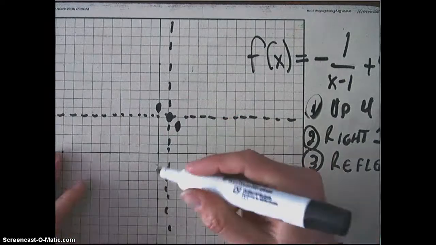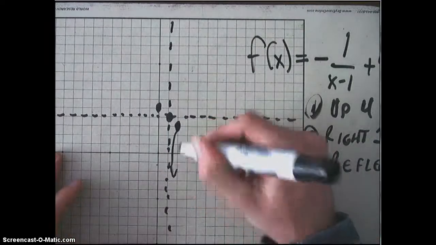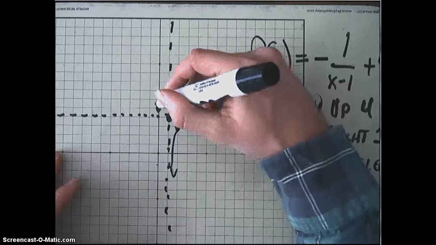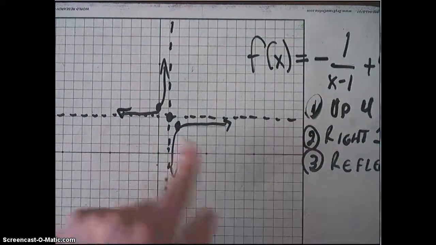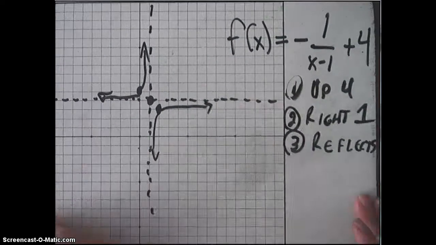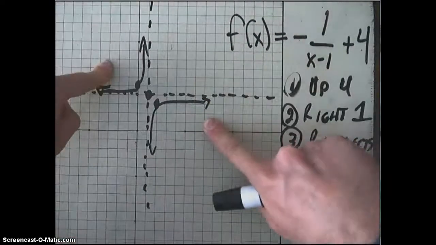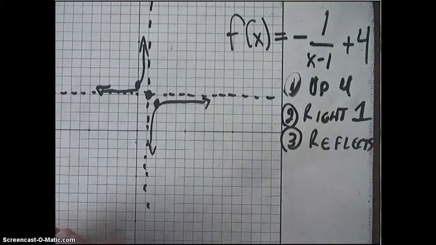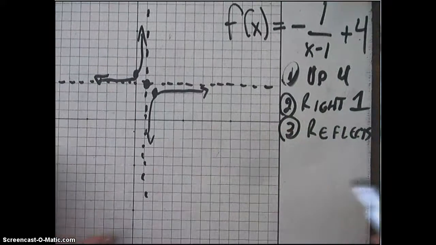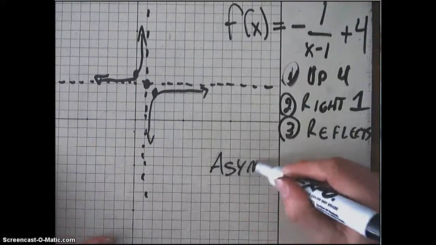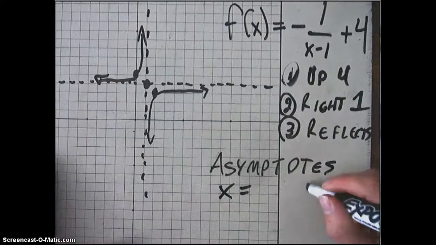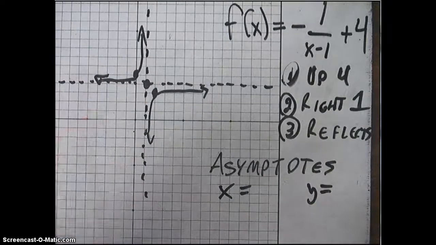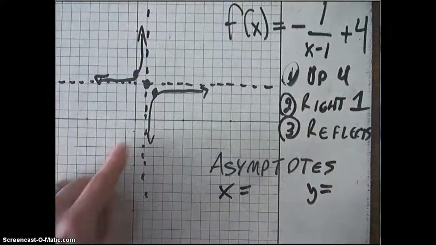And I'm going to draw my lines from there. So this one goes that way forever, and that way forever, and this one goes this way forever, and this way forever. And they never intersect the asymptotes. So that's what the reflection does. It takes it from these two, switches them over to these two. So let's identify what those asymptotes are this time. Remember, there's always two. X equals for the vertical one, and then y equals for the horizontal one. In this case, it's x equals positive 1,